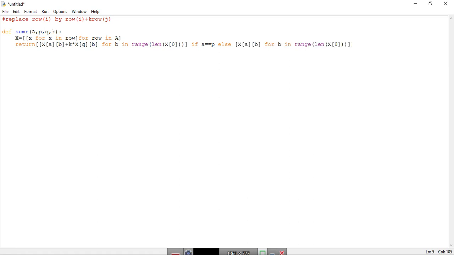This will close, and then we need to go for the outer loop. So for a in a range, now we will take a, not x, right? Not x. It should be in the length.